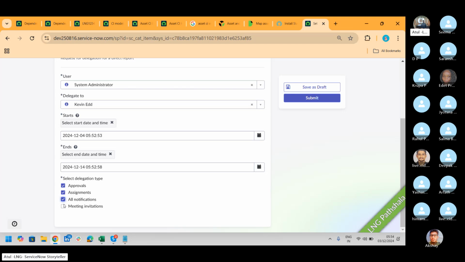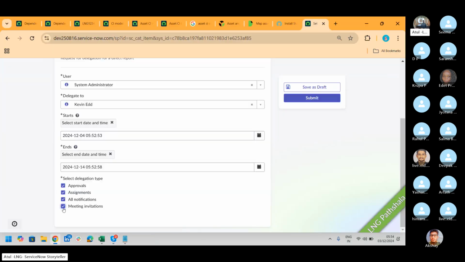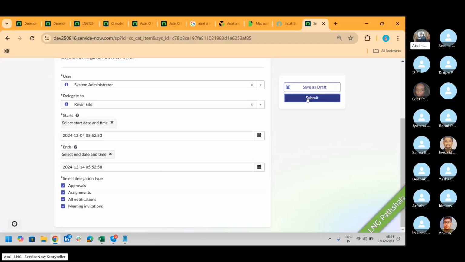And he will get all the meeting invites which are coming to me, which already came to me. It cannot be changed. Delegation works in future, not in the past dates. To be very clear, delegation works in future dates, not in the past date. And now when you click on submit,